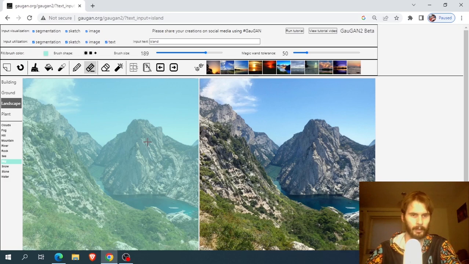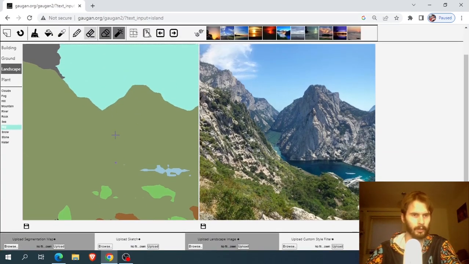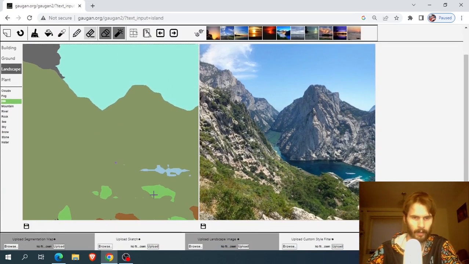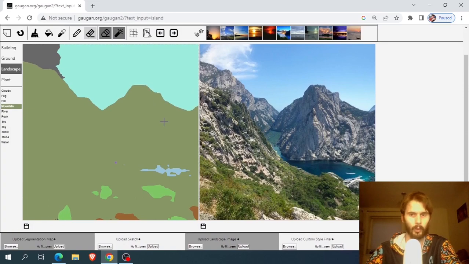So let's do that. And let's see, it already generated. If we disable it, so we have, I think, hills. It's hard to say, no. So we have hill over here with the green color. It's probably the mountain color. Yes, this is the mountains. And let's see what it would generate